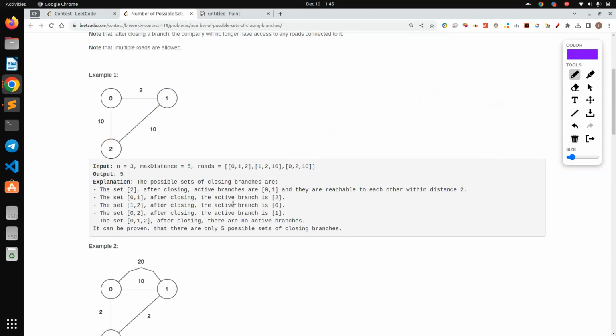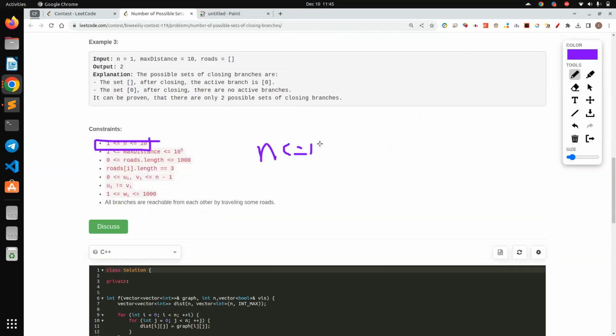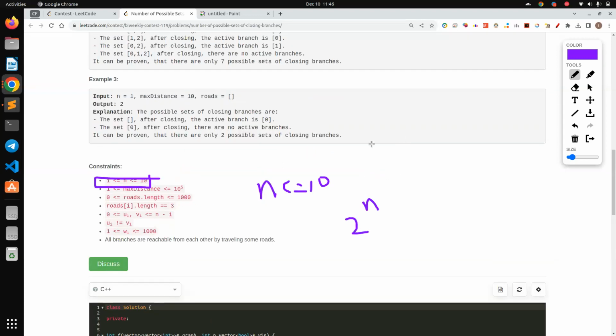Since the constraint on n was very low, n was just less than or equal to 10, what did I do? I tried all the possibilities, all the subsets, which is of order 2 to the power n. So now the question remains,